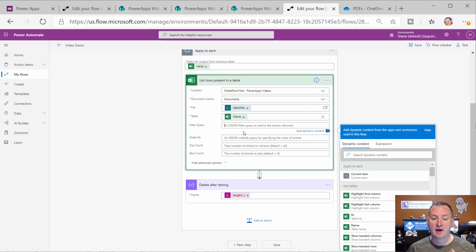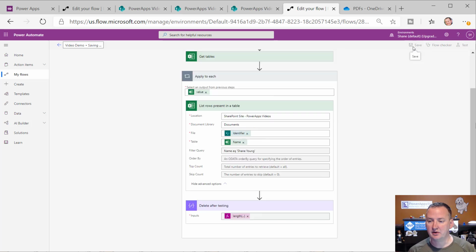Okay, so what I want to do here is filter the data. And I'm going to say name, which is the name of the column, equals, but you don't use an equal sign like you want. You use OData syntax, which is EQ, and then you're going to do Shane Young. And notice that is in single quotes. So that's how you delineate a string in an OData query. And so if we hit save now,